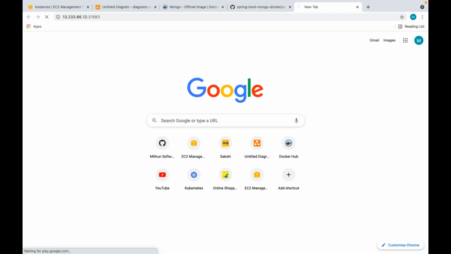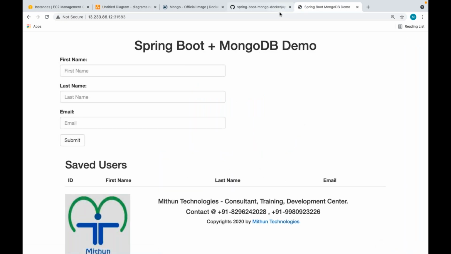If you see, is my application accessible?